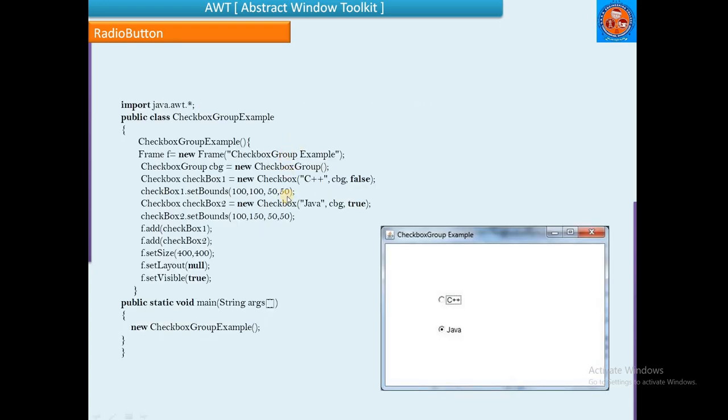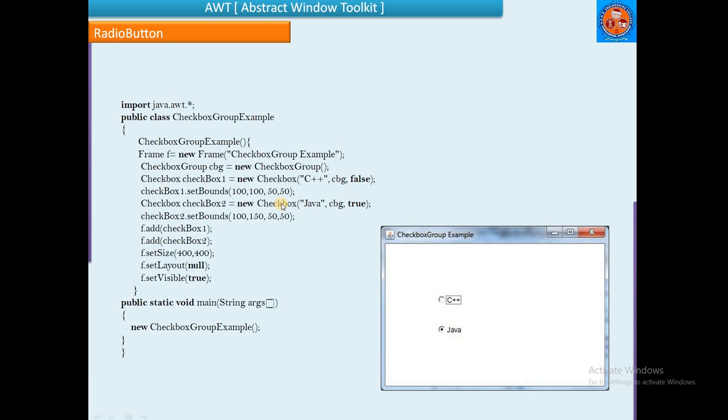See this example. In this example, first of all, we need to create a checkbox. After that, create the checkbox group. Once we create the checkbox group, this checkbox is added to the CBG. False means not selected, true means selected. Checkbox is a class which is used to create a checkbox.